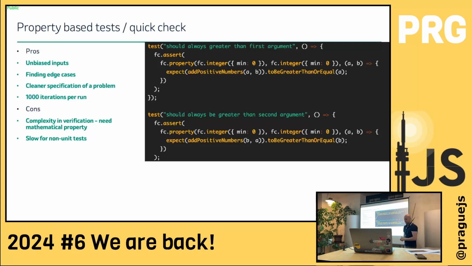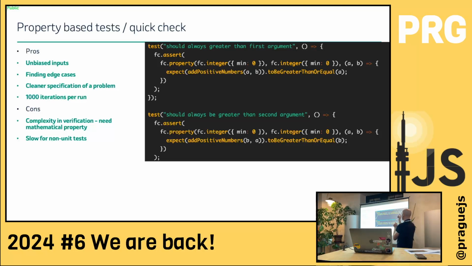What it does, if there is a bug in the implementation, for example, you would be ignoring that it should be only positive numbers. If there will be some random number which would generate a failure, fast-check would try to find the first edge of the input which makes it fail.